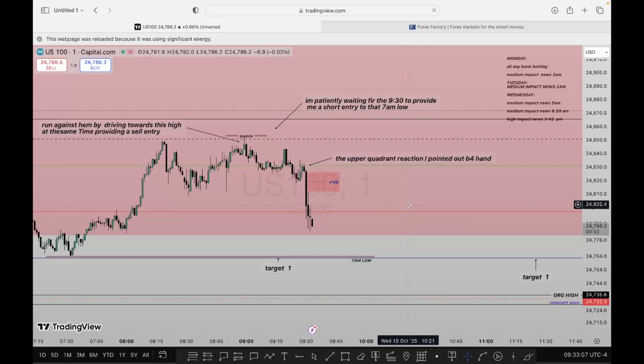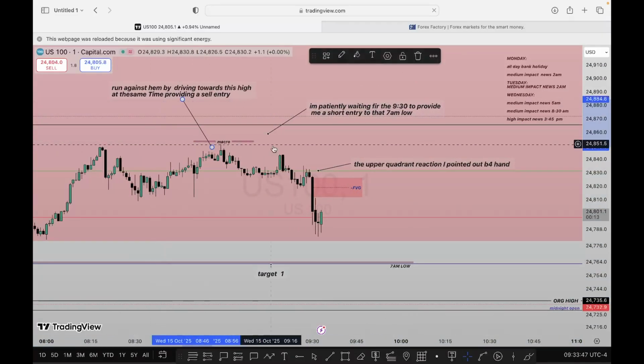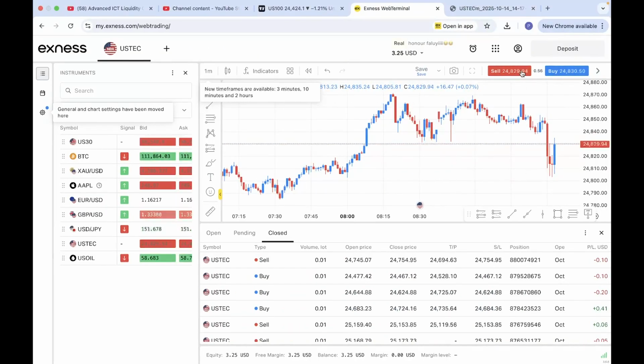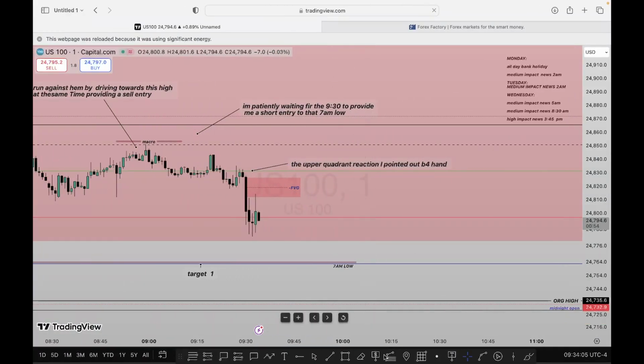I was like, if it wants to get to the target, it's fine. It's a win. I pointed the target out and it reached for it, so that's also a win. It doesn't have to be that it did exactly what I wanted to see before I call it a win. Price came there, my entry, I tried to sell, it immediately pulled away. That was not really offering me a good entry, so I had to leave it.